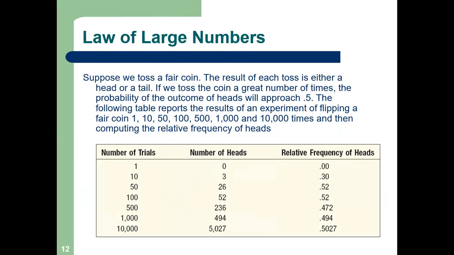In the very first column on the left side, you can see number of trials. When we do one trial, like tossing a coin, there are two sides of the coin, heads and tails, and we observe the number of heads, how many times heads will show up. So we toss a coin one time, and at that time heads didn't face up and tails faced up, so the frequency or relative frequency of head is 0.00,